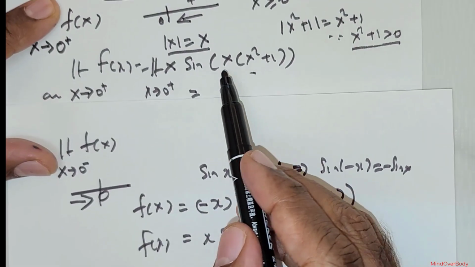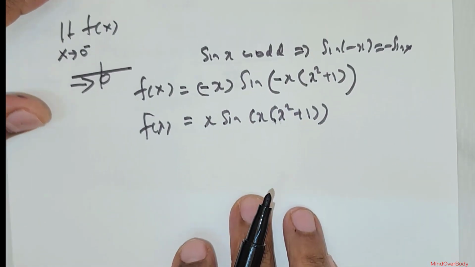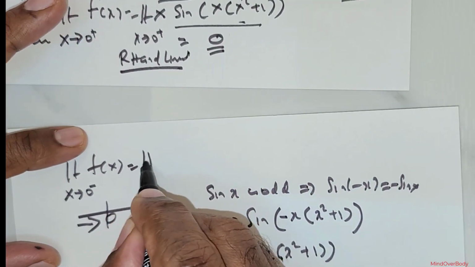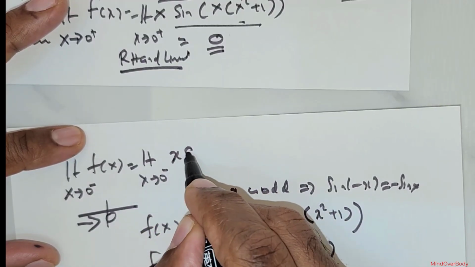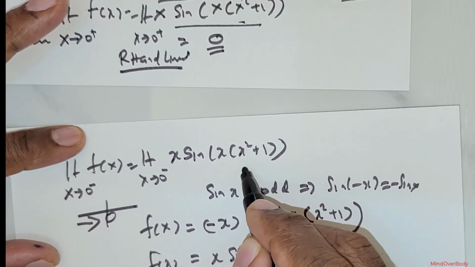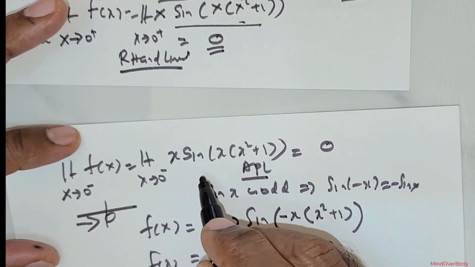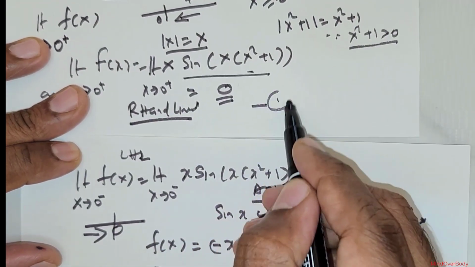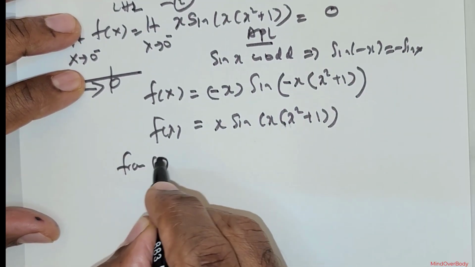So this is in the same manner that we have in the earlier case. So now I can clearly write here, this is nothing but limit x tending to 0 from the left hand side. We need to check for x times sine of x times x squared plus 1. So applying limits, APL stands for applying limits. What do we get? We get 0. So this is the left hand limit. If I were to take this as 1 and take this as 2, what do we see? From 1 and 2,